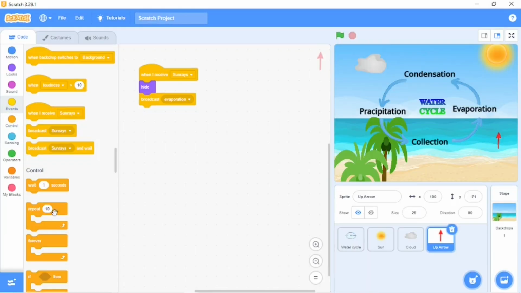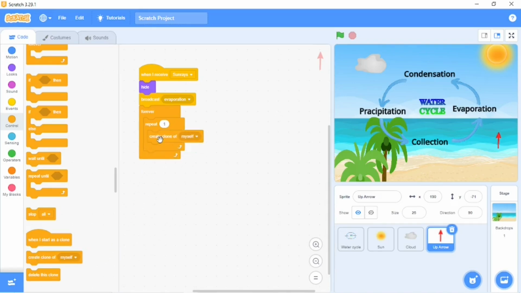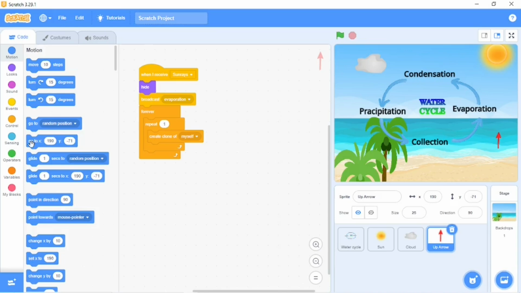Okay, and now I will take a forever loop, repeat one time. I will go down and take create a clone. In this we are going to create a clone and then I will set the position. For the first arrow I will set x 210 and y minus 15 and then I will duplicate this. I will now change the x only, y is going to be same and the x is